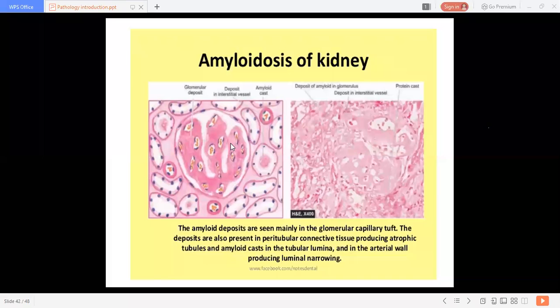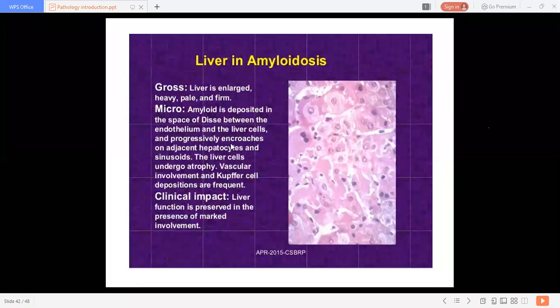Then the next organ we are going to discuss is amyloidosis of liver. You can see here the liver is enlarged, it becomes heavy, pale and firm. Microscopically, the amyloid is deposited in the space of the